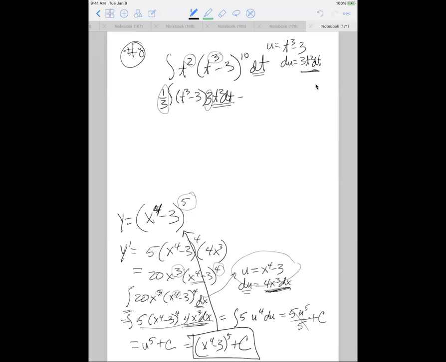So it turns out now we've got this situation. We've got 1/3. I'm going to rewrite this just so that it's visible. T to the third minus 3, t squared dt. And again, you don't have to write it in this order. Once you've got it in place, the t squared could be in front and all this kind of stuff. But I just want to point out that this is our du. So we end up with 1/3 integral